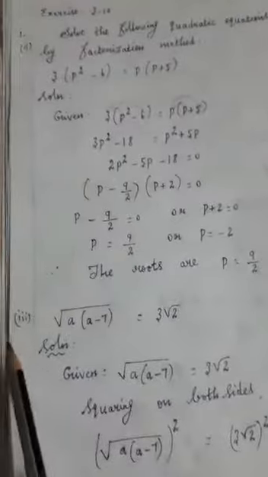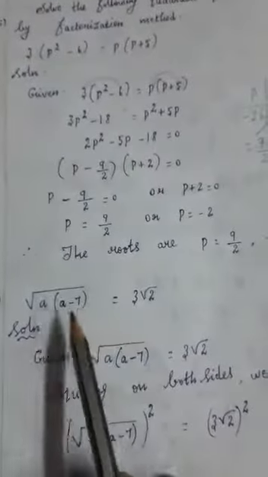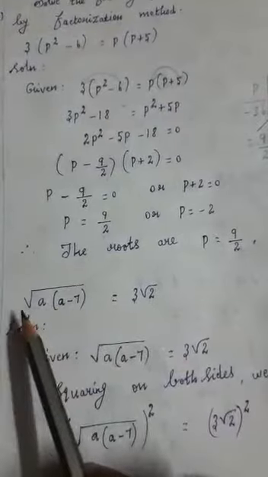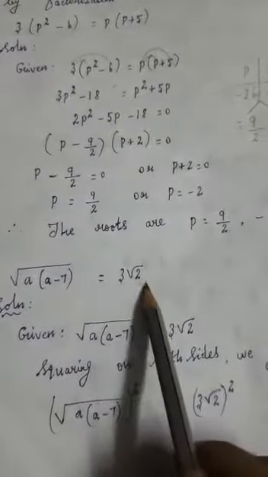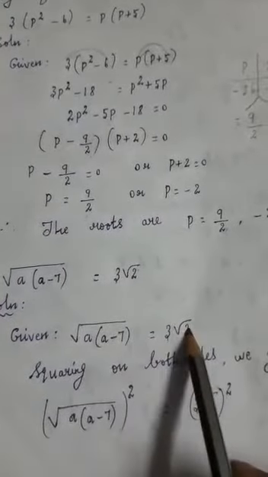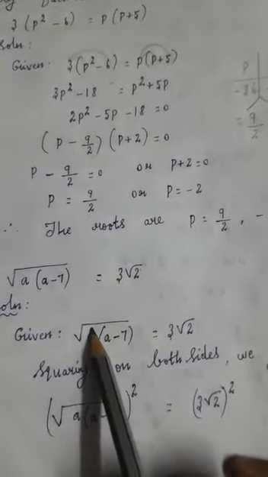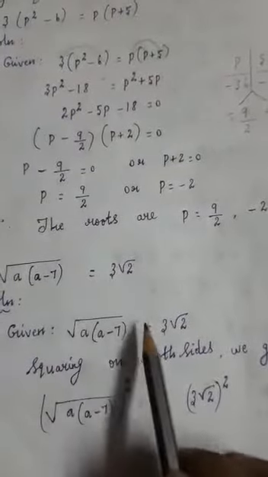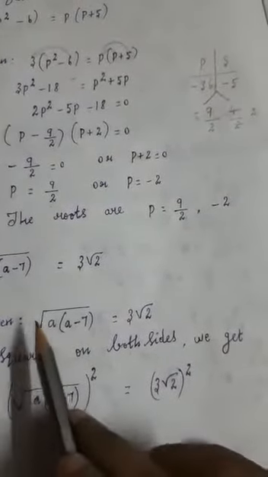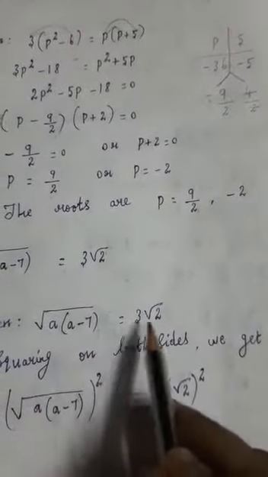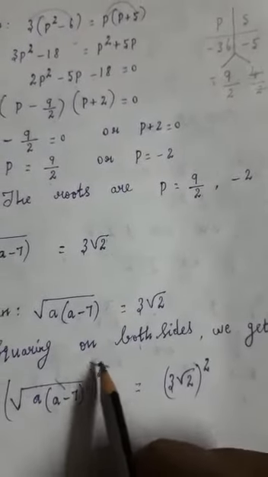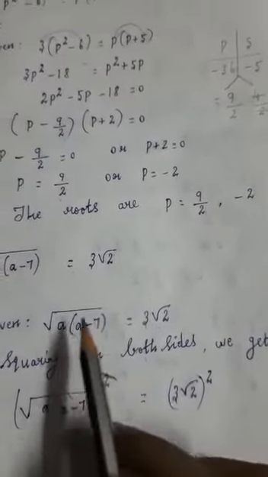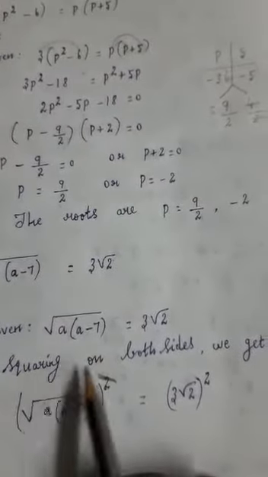The next question, first one, third question. Okay, so on the left hand side, what equation do you have? Root of a into a minus 1 is equal to 3 root 2. Okay, so if you have a root on this side, you also have a root on this side. If you want to remove this root, what you have to do is square on both sides. If you square the left hand side and the right hand side, this square root and this square will cancel. Did you understand or not? So for removing the square root only, we square both sides.